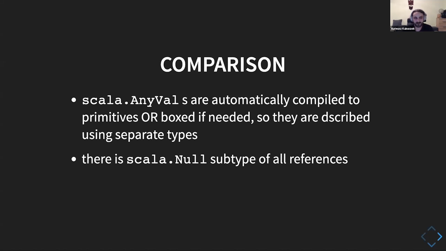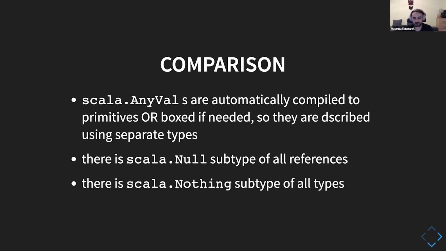When we have any sort of generalization, once we approach generics, we'll see that it doesn't really make sense to use something like that in Java. And there's also Nothing, which is used to express that we have some subtype of all types, which again doesn't make sense in Java because there are separate hierarchies for a lot of things.